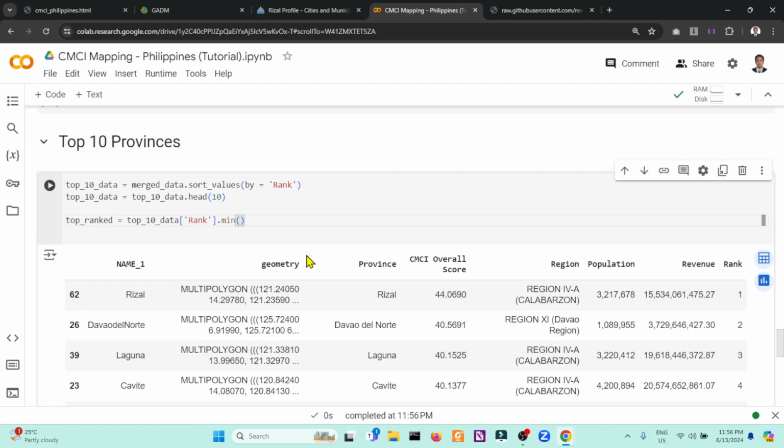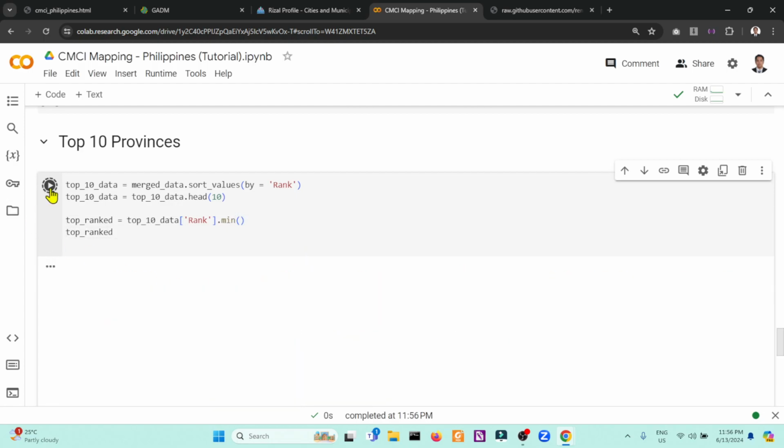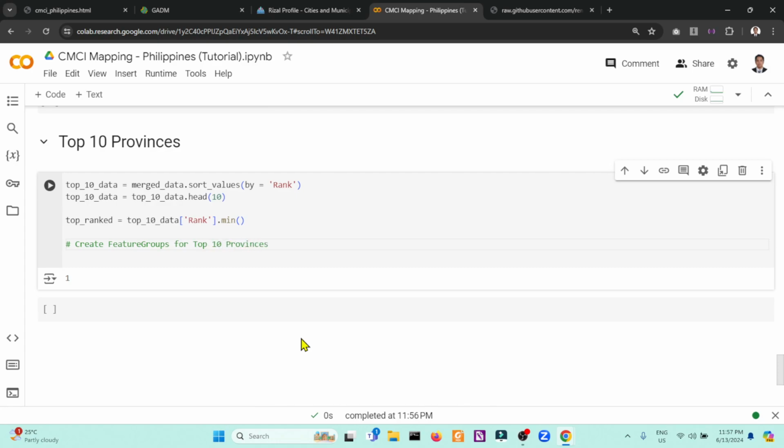We'll use the minimum. The minimum value for the top 10 data rank will be 1, which is assigned for Rizal province in the Philippines. The next one is to create feature groups because we need to display this on a layer control for the top 10 provinces.